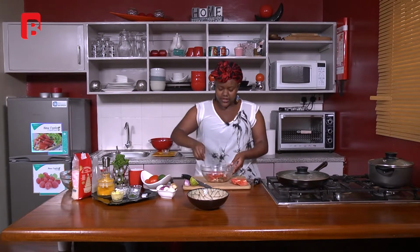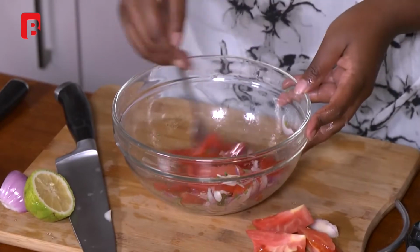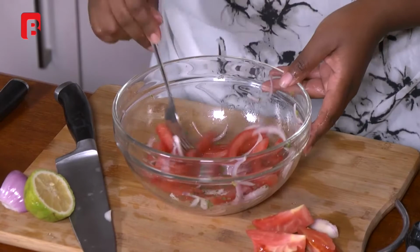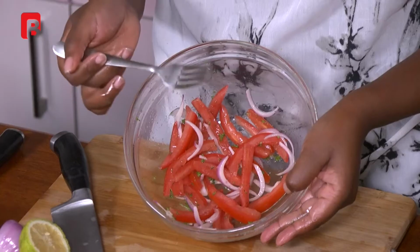And again, you can have a taste of your salad, your kachumbari. And that's it in a nutshell. That's all kachumbari is. So from this stage, if you wanted to add now like avocados like we do in